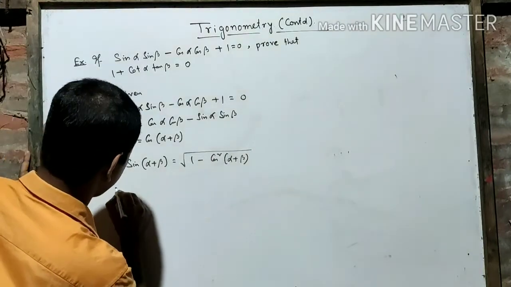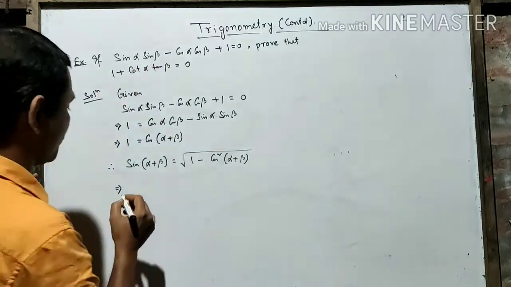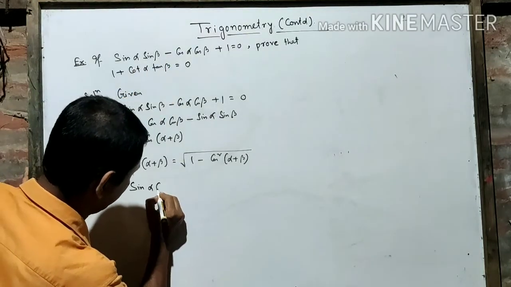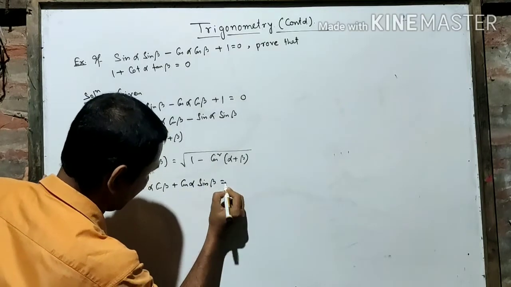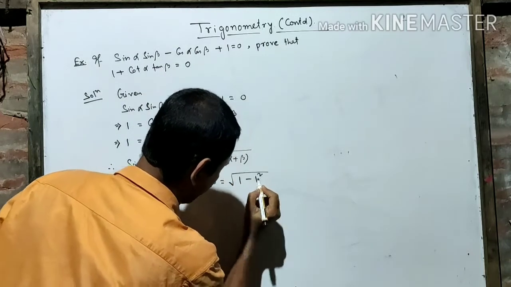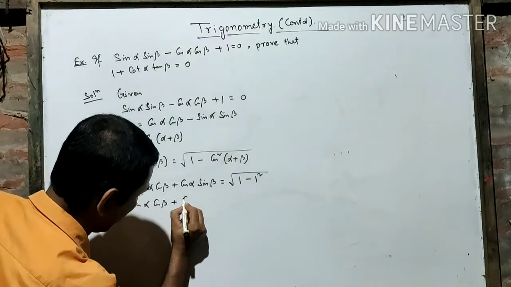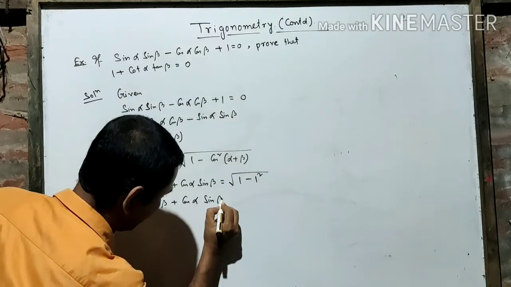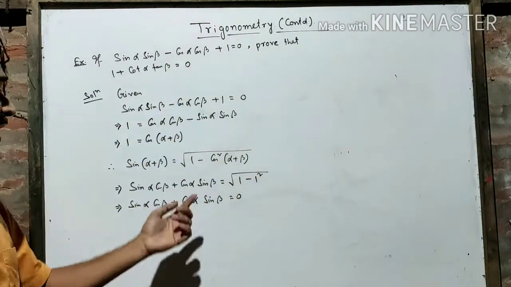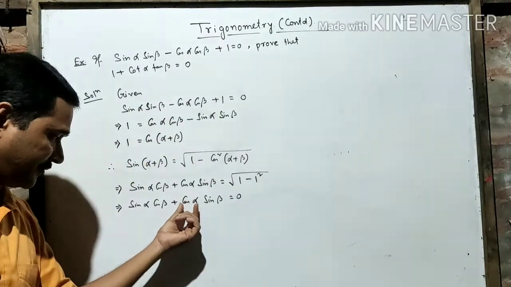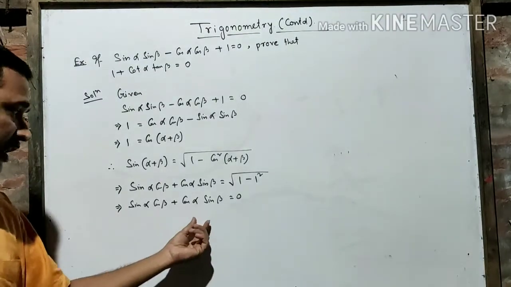You know it all. This implies, expand this because we have to have cos alpha sin beta and sin alpha cos beta. So on expansion sin alpha cos beta plus cos alpha sin beta is equal to under root 1 minus 1 square. This implies sin alpha cos beta plus cos alpha sin beta is equal to 0. Now, how to get cot alpha tan beta? If you divide this by sin alpha and this by cos beta, then you will get cot alpha tan beta.